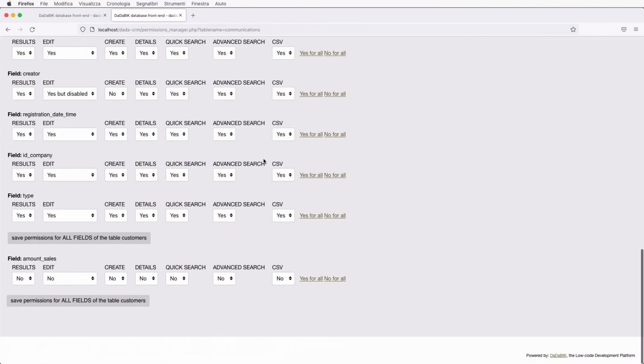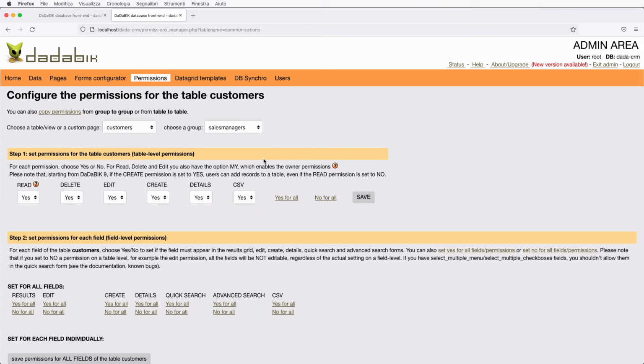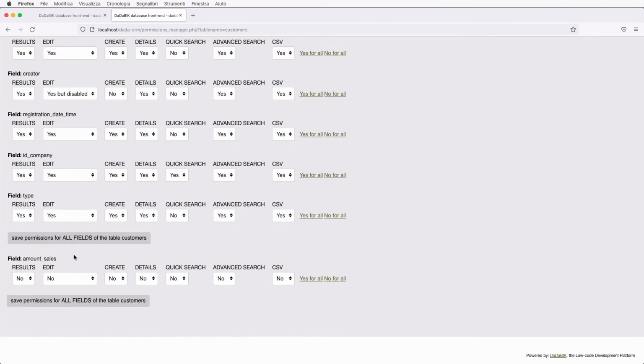Well, I would say that for all the groups, including admin, for this field amount sales, result is yes, edit no. We don't want to allow modification, creation no. It's not something that the final user needs to interact with, because it will be calculated by the system.